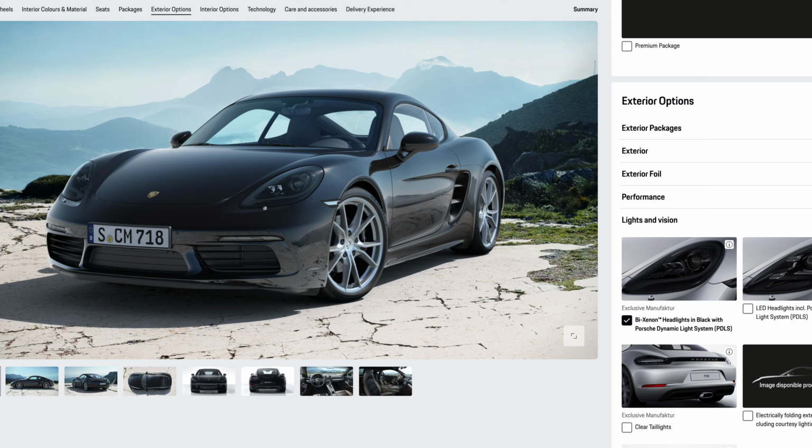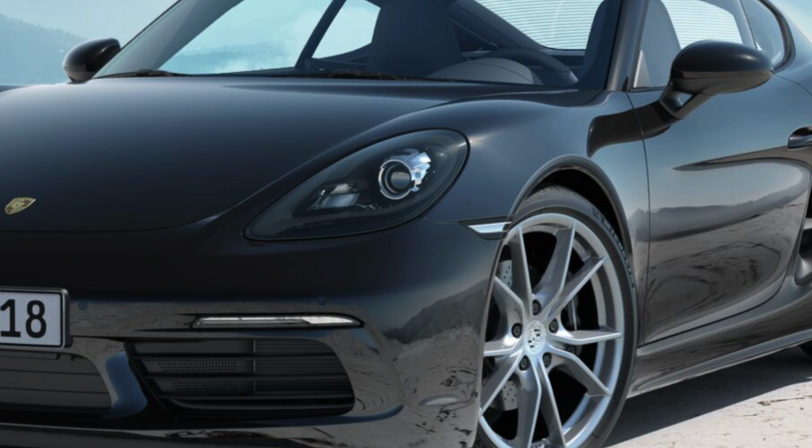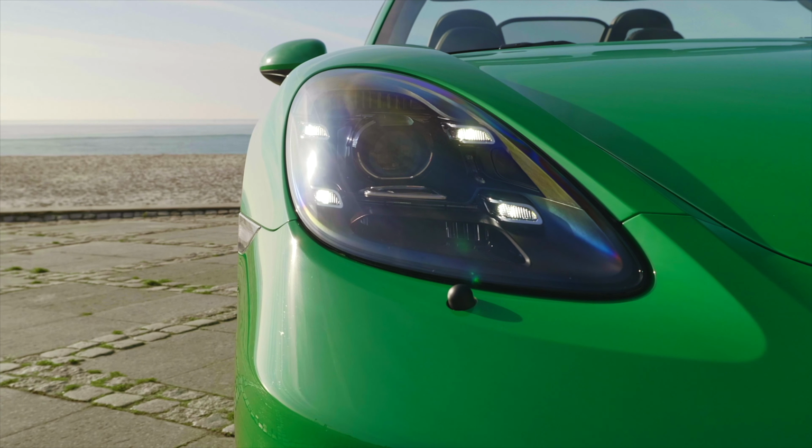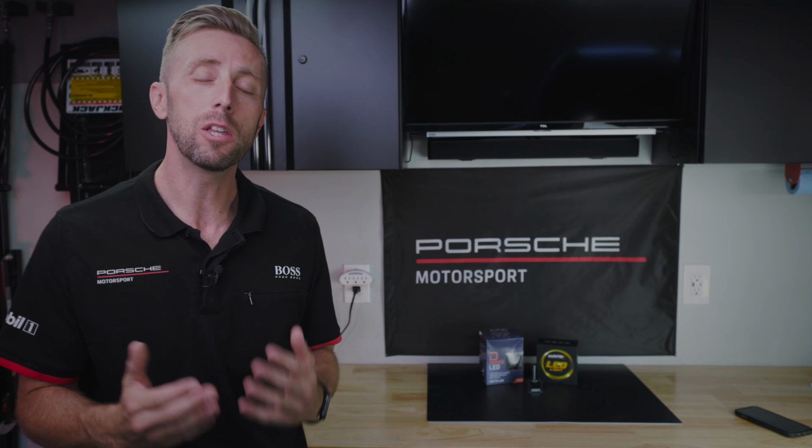Now, this mod is only for the PDLS, that's the mid-grade headlights in the 718 and probably whatever's equivalent in some of the other Porsches. This does not apply to the base or, of course, to the LED headlights. You've already got some awesome headlights. The type of bulb that your 718 takes in the PDLS is the D3S bulb,